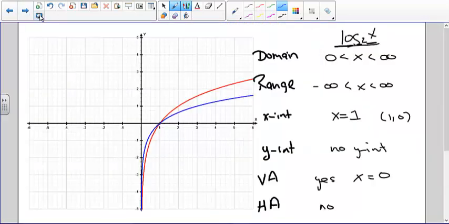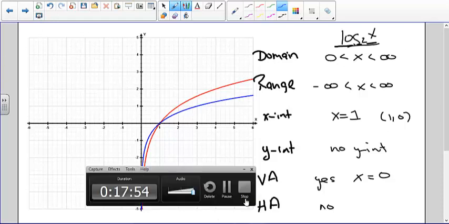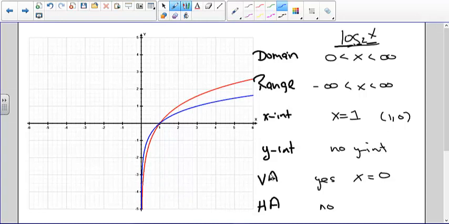So here's the information about domain, range, x and y intercepts, vertical asymptotes, and horizontal asymptotes. I'm showing you the logarithm to base 2 of x. That's the red curve. The blue curve is log base 3 of x. But all of them have very similar